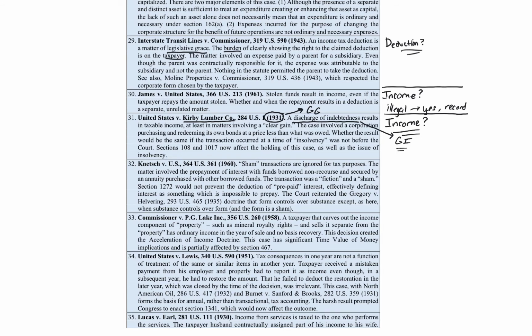Because the first element is accession to wealth, if your net worth goes up. If you have discharge of indebtedness, what's happening? Your assets are either staying the same or you're paying a little bit. Your liabilities are going down, right? Let's say you didn't pay anything. Let's say a credit card was completely discharged. Assets stay the same. Liabilities go down, which means stockholders' equity has to go up, or owner's equity has to go up. Net worth goes up. You have less liabilities. So that's going to be gross income. So discharge of indebtedness, gross income, quick.